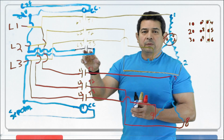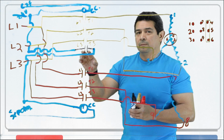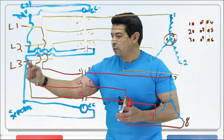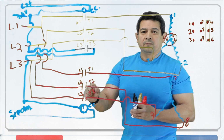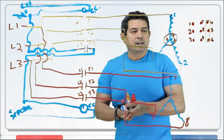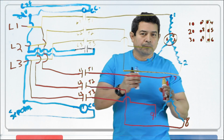These down here on the bottom, these are your auxiliary contacts. They're going to be normally open. So when you put power to this, these will close. Once they close, it sends power out, and it feeds this other coil, closing these. So you're going to hear this boom, boom, like that. Once you hear that little time delay, that's enough to get this going, and then this one will start,